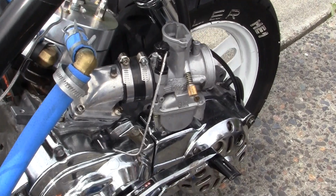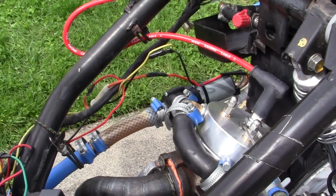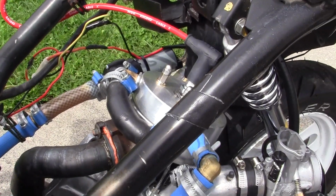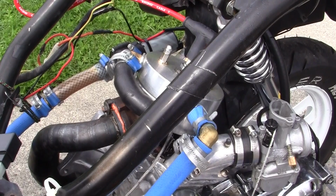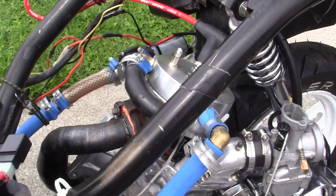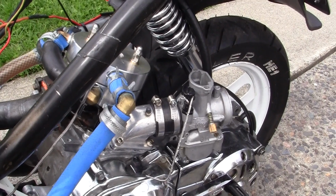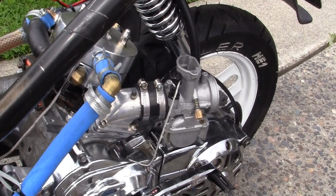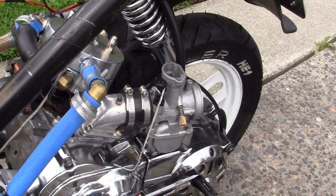Well, because the exhaust is different. It's brand new. The cylinder is different. It's brand new. Piston is different. It's brand new. I want to keep the bike as stock as I can in order to see if it'll run well and